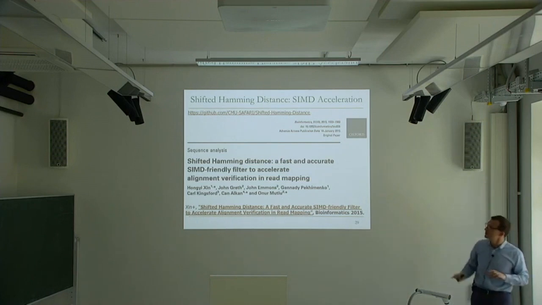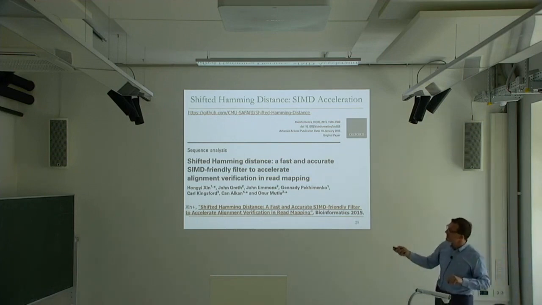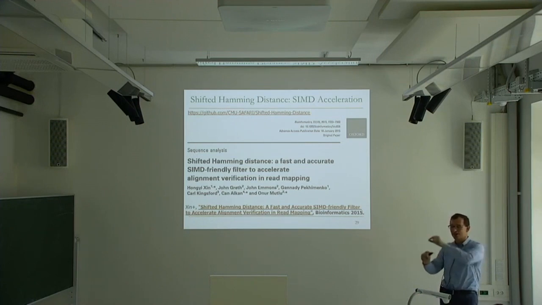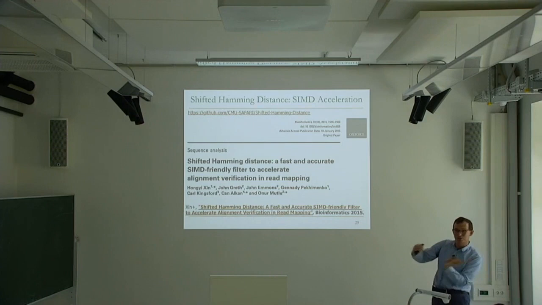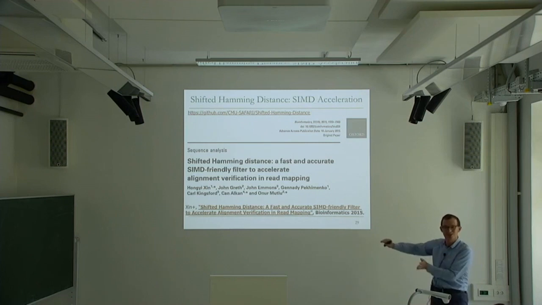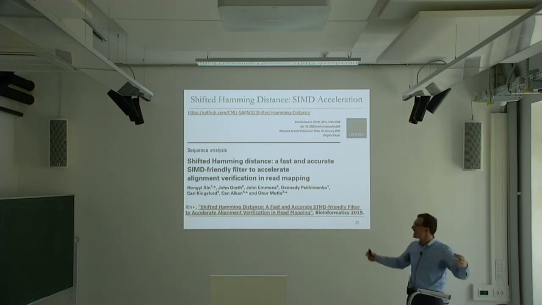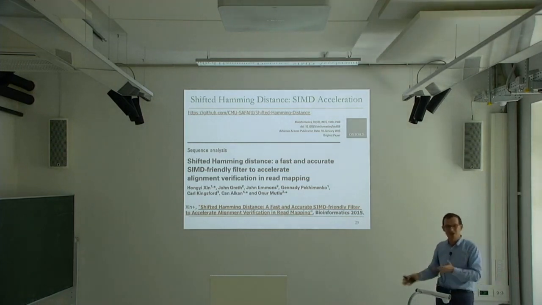So this paper, for example, introduces the idea of shifted Hamming distance. The key idea is basically you compute a Hamming distance between 2 strings that gives you the exact match and the differences. But if you shift one of the strings to the right and compute the Hamming distance of the shifted string and the baseline reference string, now what you can do is you're really emulating an insertion in one of the strings. So that tells you the distance when you have an insertion in one of the strings. And if you shift it one more time, that tells you the distance when you have two insertions in one of the strings. So you keep doing this, and now you can actually see the different Hamming distances. And if you shift it to the left, you get the deletions.